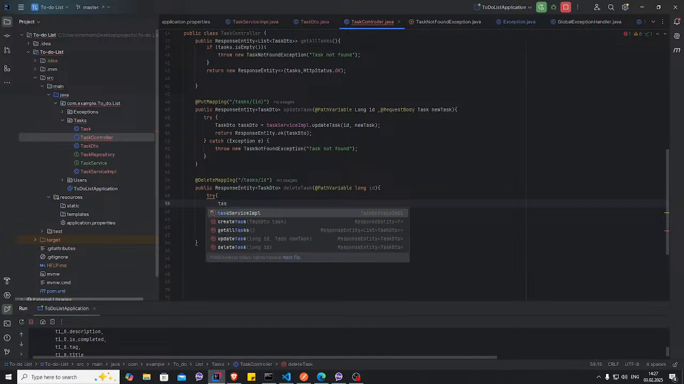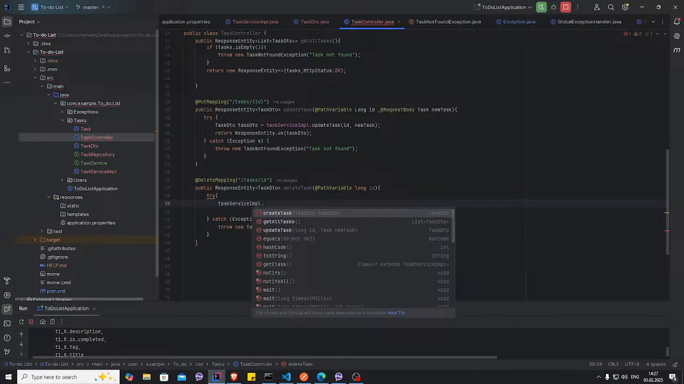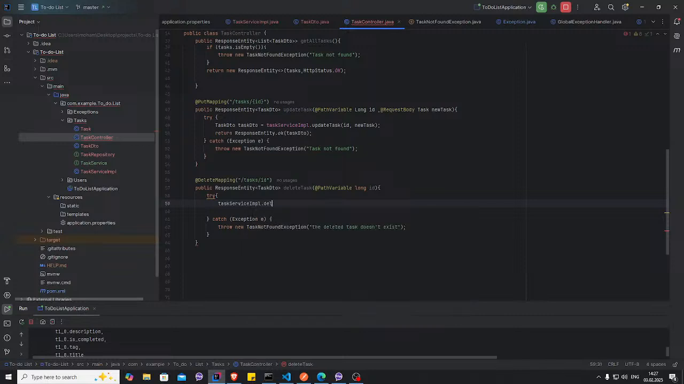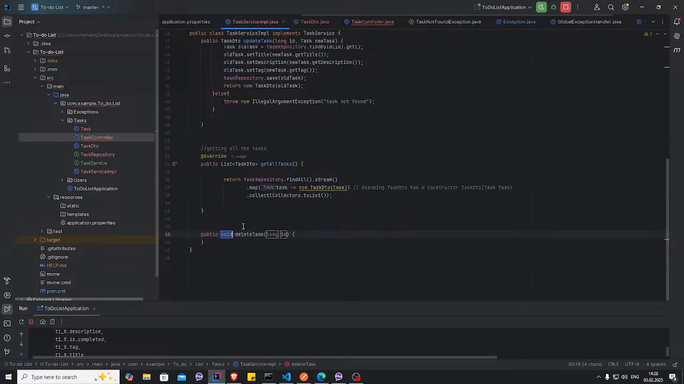Task service implementation dot create task, get all task, update task. We should make another method. We call it delete task, and we give it ID. I'm pretty sure they should supposed to control out of this. Yeah, just control. Create a method delete task in the service implementation,